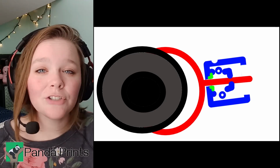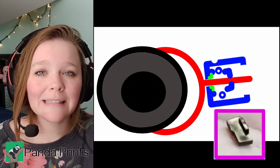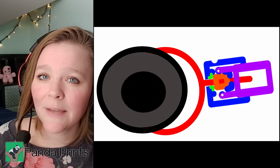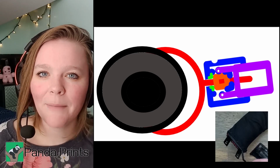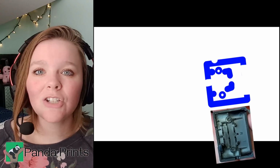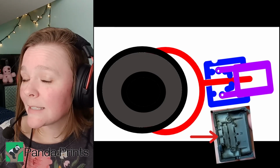The green L-shaped pieces are the tiny little black plastic pieces that go on the inside. The orange square is the black plastic square that is attached to the metal part of the headset. The purple part is the headband and the two metal pieces that jut out from the inside of the headband. And the yellow is the wire. The blue square, which is actually the flat black square, is going to have 3 notches in it. So the largest one is for the headband, the medium one's for this metal piece, and the smallest one is